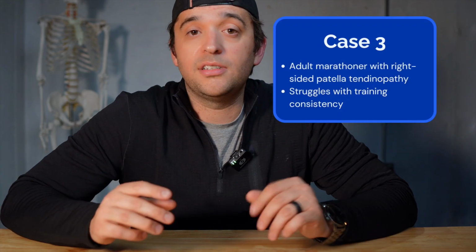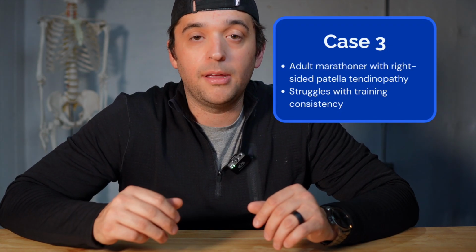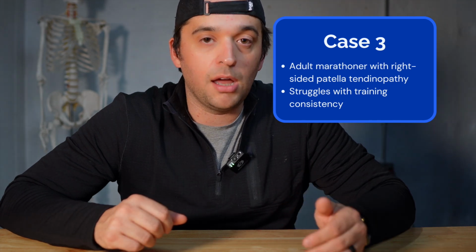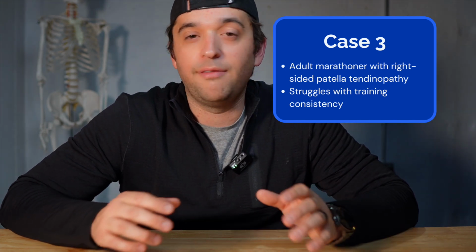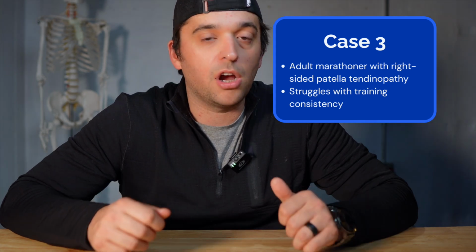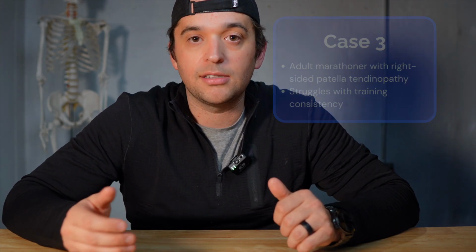Again, you've got an adult distance runner with right-sided patellar tendinopathy, but when this runner shows you their training plan, they struggle with consistency. They might run on Monday, they might run on Saturday. It's kind of variable in nature, and they have some symptoms, but they're not terribly bad. But they're struggling to figure out how to progress through this. You need to get them running more. Try to get them running every other day at a conversational pace,